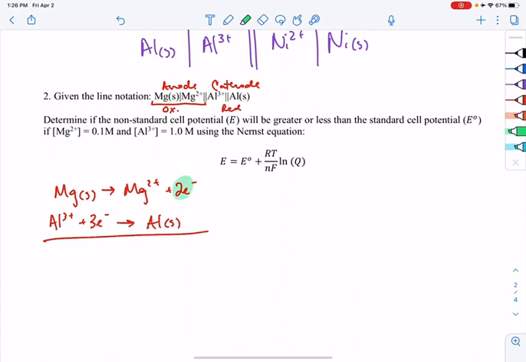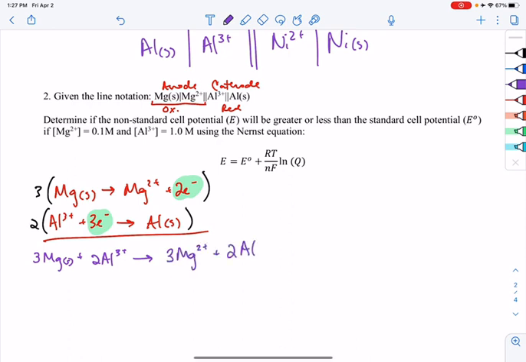Again, notice the electrons in each half reaction don't match, so we have to get them to cancel out. So let's multiply this top one by 3, this bottom one by 2. So our overall reaction is going to be 3 magnesium solid plus 2 aluminum trication yields 3 magnesium 2 plus